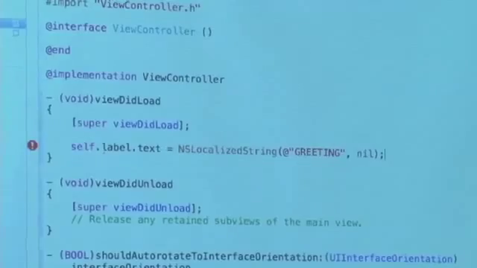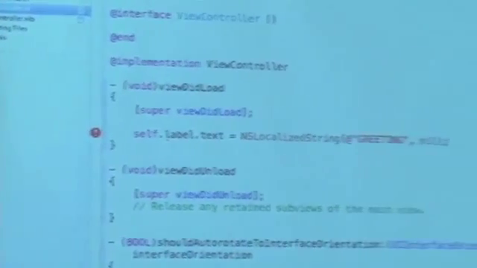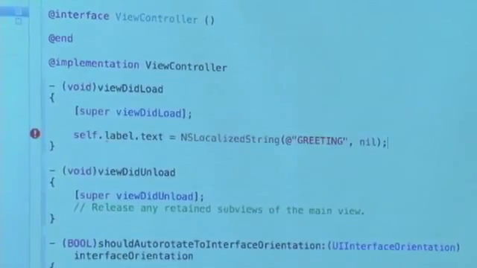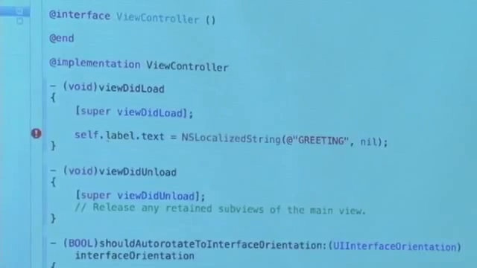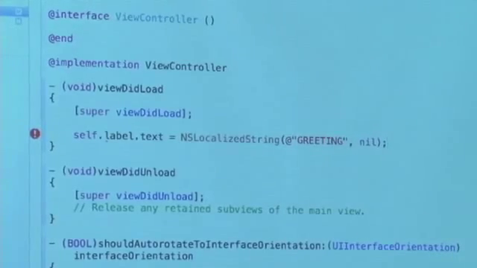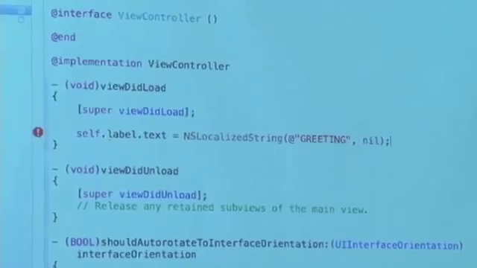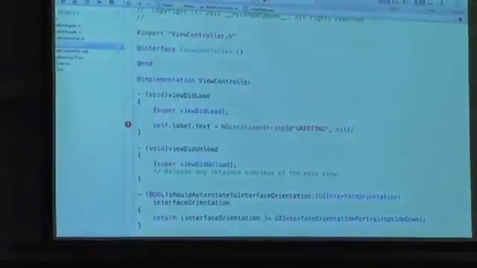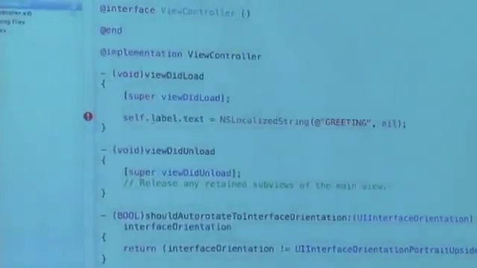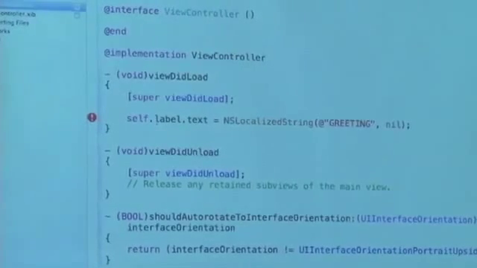Even though intuitively I want to update the label in the nib's text string to be whatever the return value is of this generic greeting, how do I actually access programmatically that UILabel? What have I forgotten to do here? What's that? So tagging it, what do you mean by tagging it? Good. I don't know which label. In fact, so far as my code is concerned, I don't have any labels in programmatic access